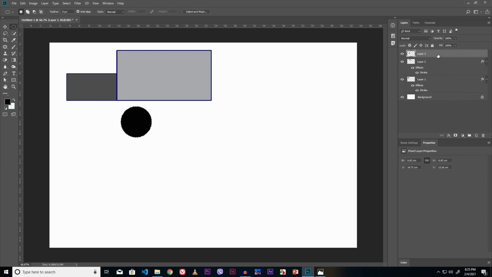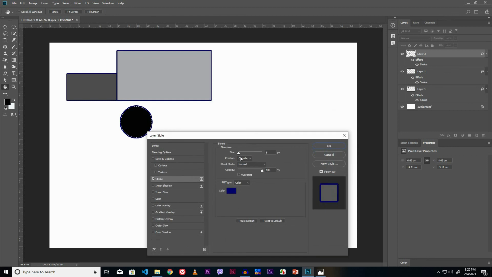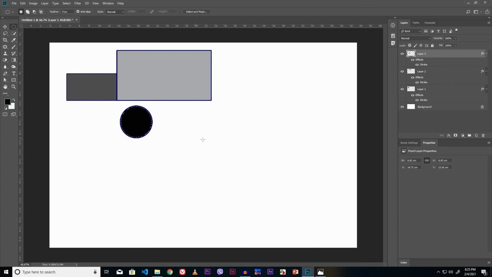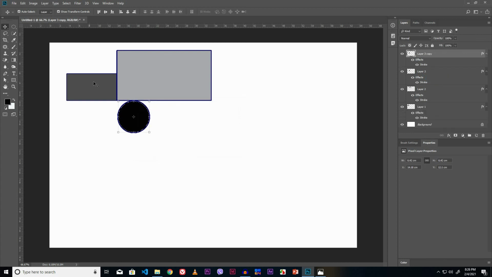Set the stroke for this. Double click on its layer. Select the stroke. Now click once over here. Set the different parameters from here. I like to leave it as it is. Click OK button. Now move this object to the proper place using the Move tool. Now make a duplicate copy of this object. Just right mouse click on its layer. Click the Duplicate Layer option. Click OK button. Now using the Move tool, move the duplicate object.